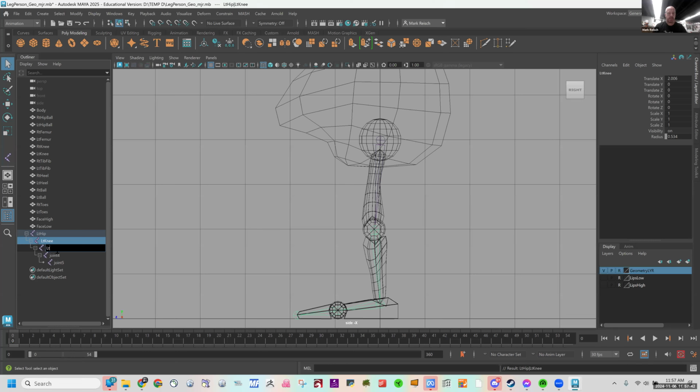This is going to be the LT ankle. That's this one down at the bottom here. We have our ball, so we're going to go to LT ball. This next one here is going to be my LT toe. And that should be all we need to do for renaming